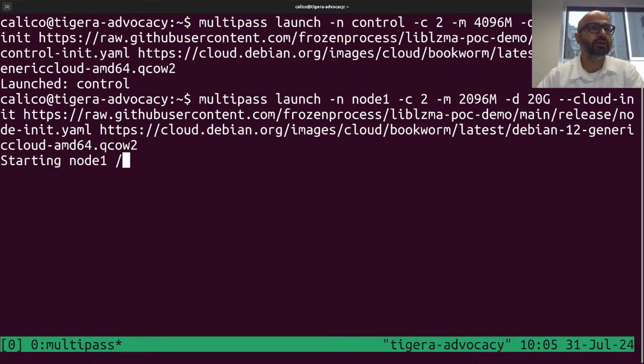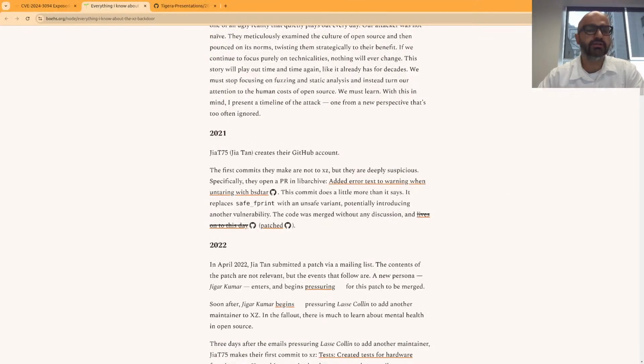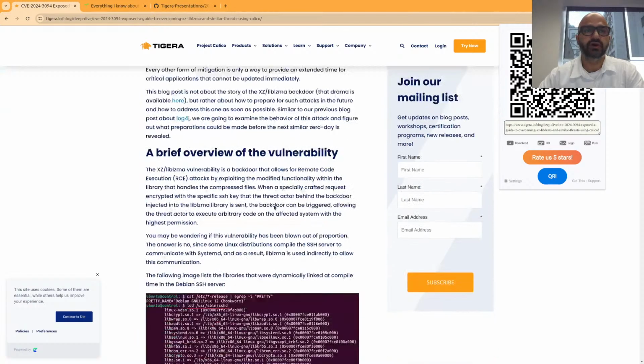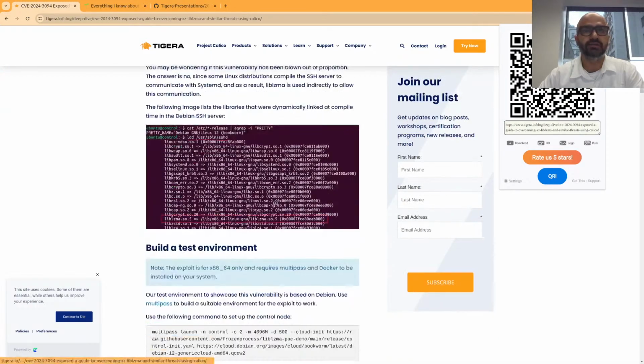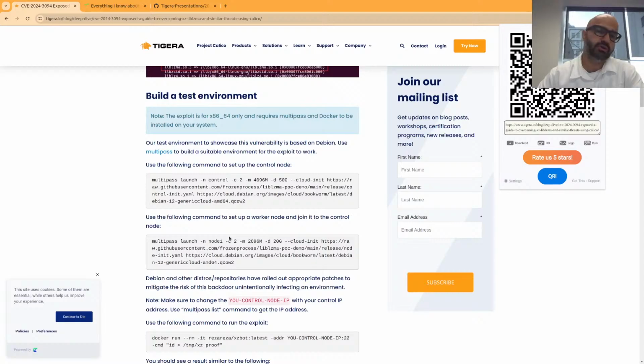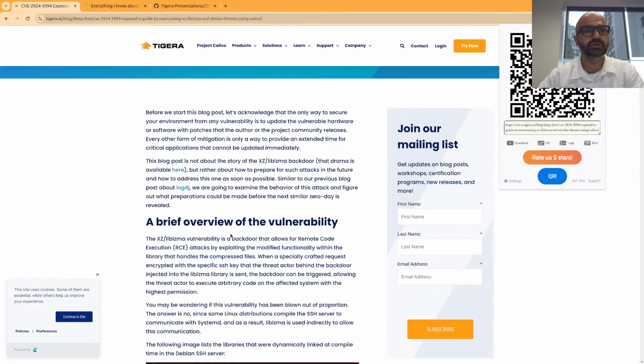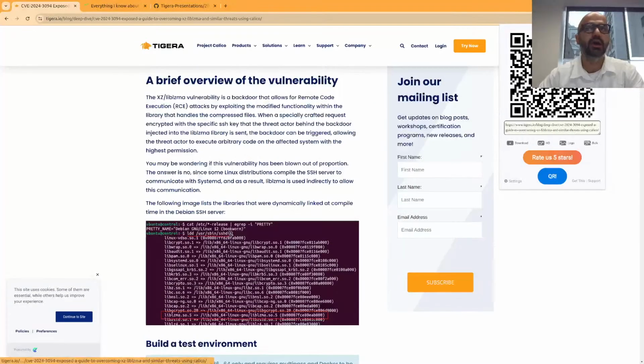If you're looking to create the cluster, just come to this page and you can follow along with me and figure out what I'm doing as I'm doing it, why I'm doing it, and these sorts of stuff. But anyway, let's get back